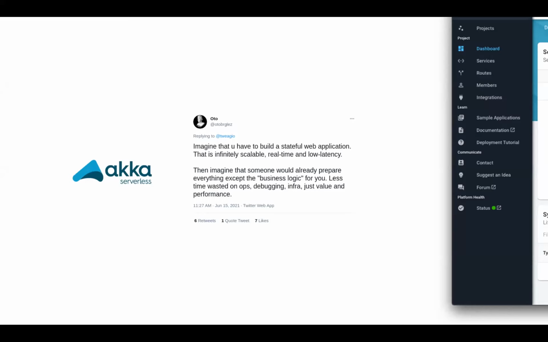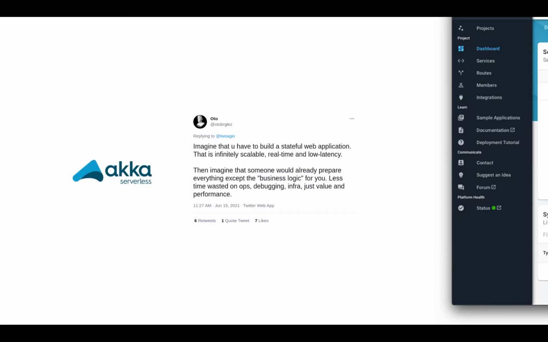It's just called Akka Serverless, which you can think of as a serverless technology for stateful applications. So if you want to build a stateful application, but you don't want to deal with anything else than your business logic, then Akka Serverless is very likely the system that will conquer things in the future, and it abstracts away all these things which I mentioned before.